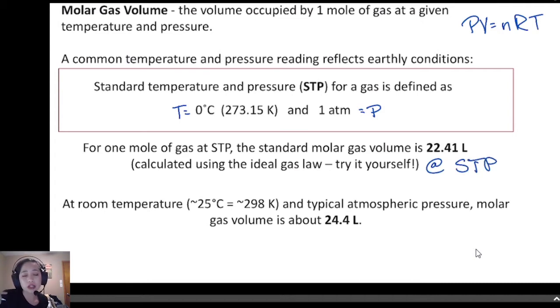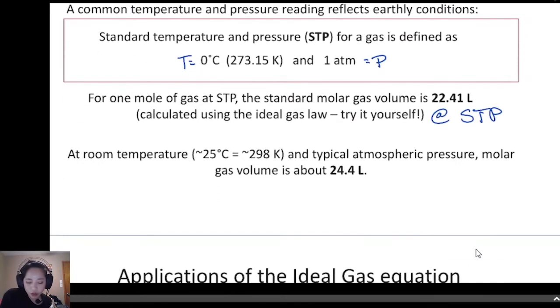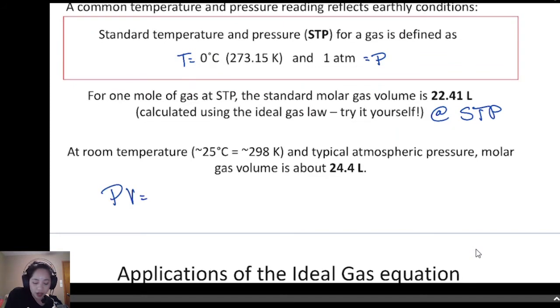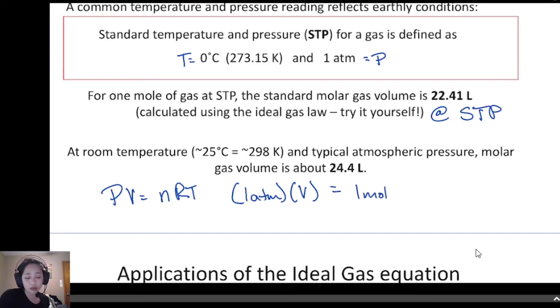So essentially, to get this value, all you have to do is plug in the values of STP into PV = nRT. So put in 1 atm, and for volume, just calculate for volume equals 1 mole, because we want to know how much volume 1 mole takes up, R, whatever that is, and then temperature, which is 0 degrees Celsius, so 273.15 degrees Kelvin. So if you just plug that in and solve for V, you will get our